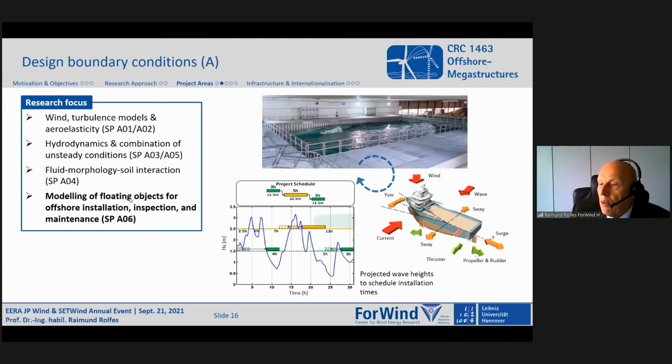Just another example, we need to model the installation boundary conditions, because as I told you already, these can lead to very wrong design decisions. So we will model floating objects for offshore installation, inspection, and maintenance, and will connect this information to the early design process. You see here our large wave basin where we can do some experiments and predict here the movement of these objects